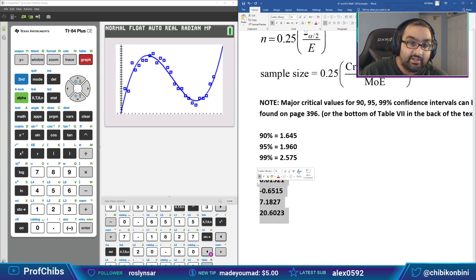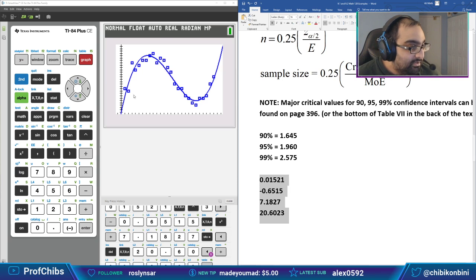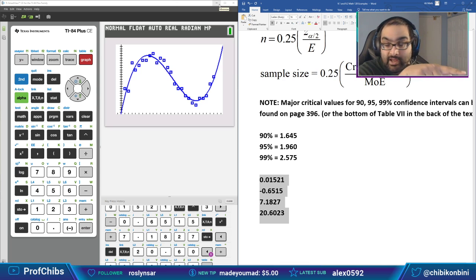Your graph on the Inspire should look similar to this. You may have it too zoomed in, I don't know. But I put it as a stat plot on the calculator, set to a scatter plot, and then I plotted the actual cubic line of best fit on top of that, as you can see on the screen. So if you zoom out, and you have the same thing that I do, that is similar to what I have on my screen there, Aiken, you should have it. Okay?